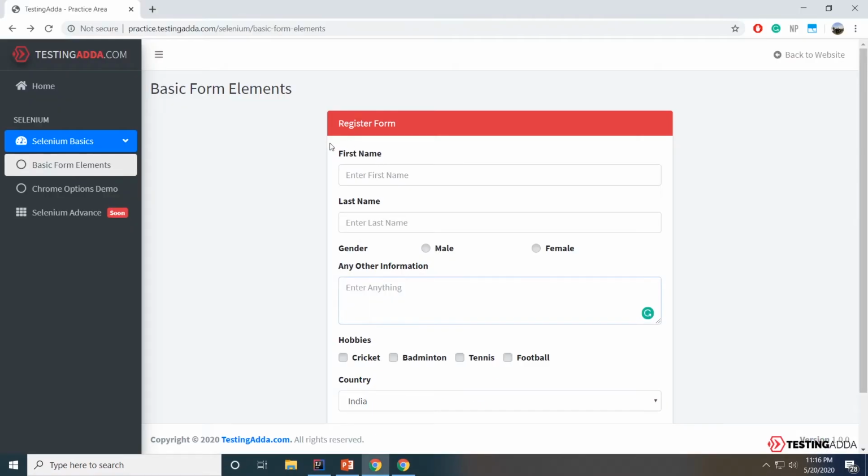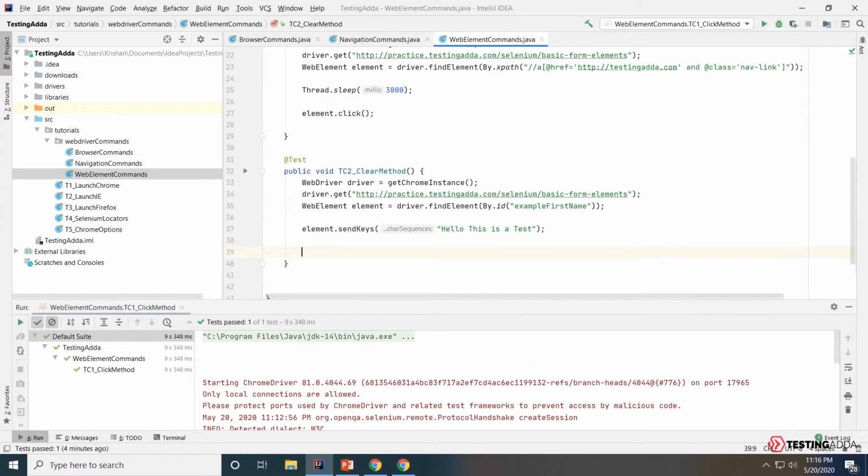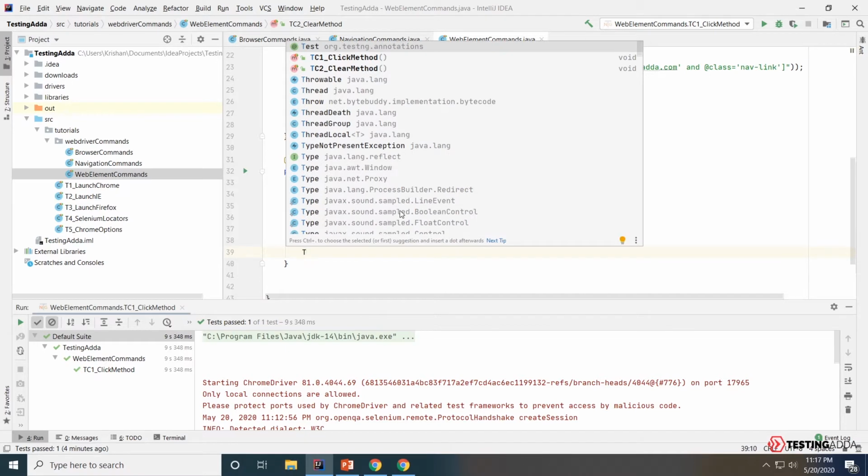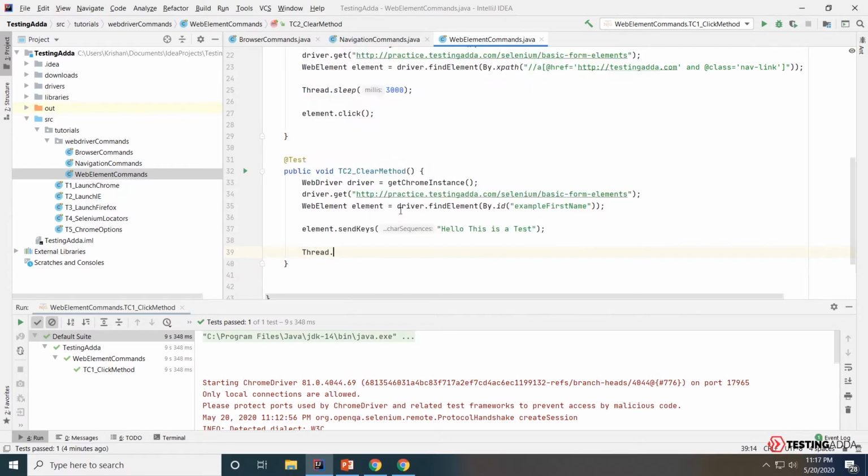This will actually send text or set the text to this text field. Now we are going to add some delay just so that we can actually identify what is being done through automation. So I'll say Thread.sleep 3000, because this accepts milliseconds. So 3000 milliseconds means 3 seconds.